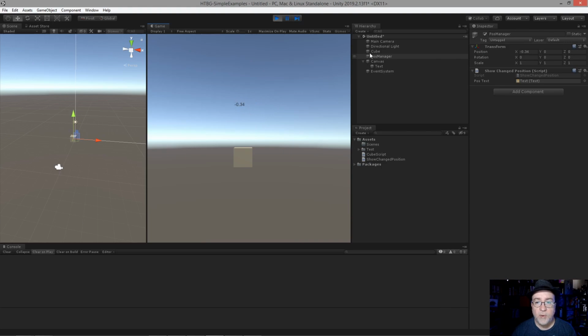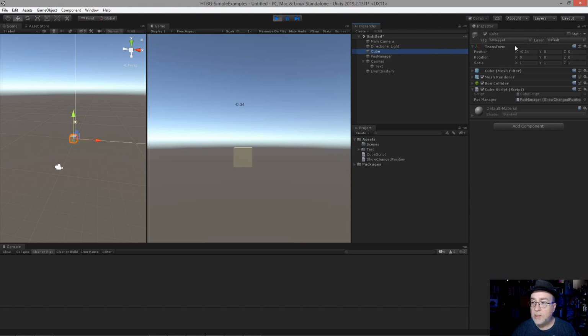Minus 0.34. I've clicked the cube. You see 0.34. Now you can either move this X, or you can grab the red arrow over here and move it back and forth, and that's it. As you move this around, the X changes up here. Also click that X and change that, or type something in. Doesn't matter. But as this moves,